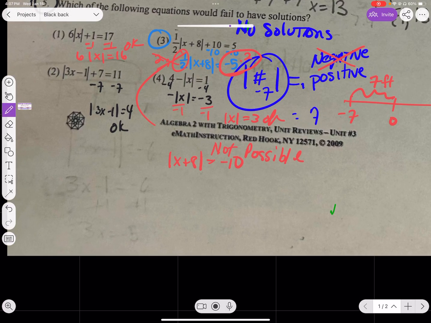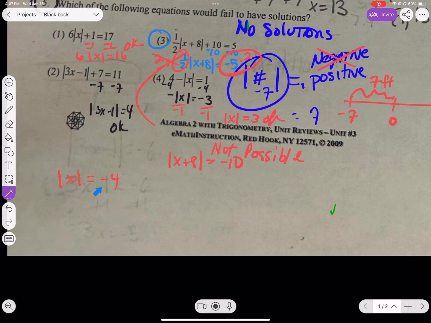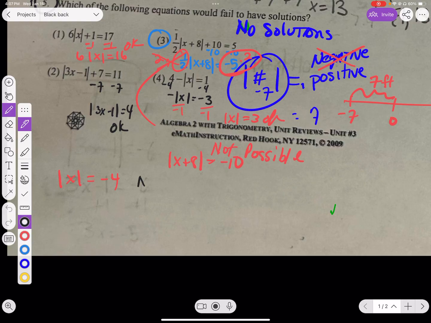There's a few problems like this that you'll see sometimes. One is like absolute value of x equals -4. Okay, it doesn't matter that this is a 4. What matters, this is a negative. And then you go, "Oh, okay, so this one has no solutions." Another one they throw at you is the inequality. When is the absolute value of something greater than 0? And this one is like all real numbers